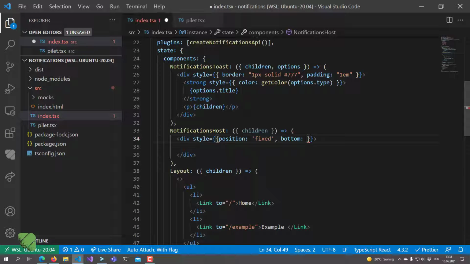The bottom with 2 EMs distance, and maybe to be also positioned in the middle. So one example to do that would be that on the left we use it at 30% and on the right, but maybe we would just give it